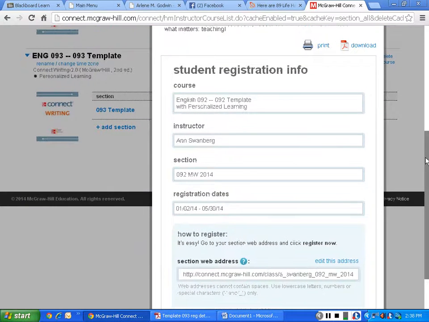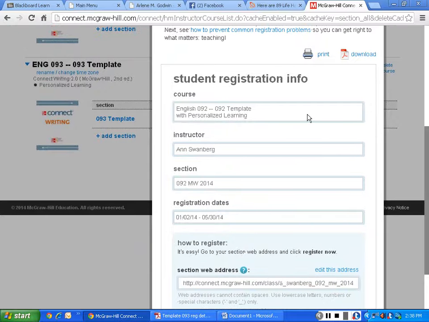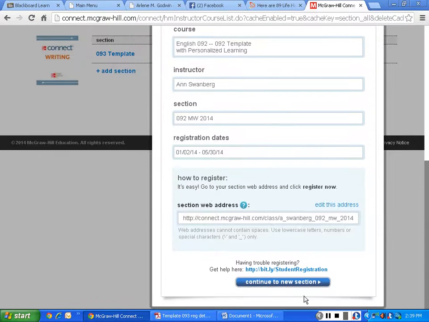When you create a new section, this is very important. This page is what your students will need to register for this section. They're going to need this web address down here. It's very important, so you need to do 2 things. First, print a copy for yourself in case any student can't manage to figure out how to get to the PDF. The other thing is that you need to download a PDF of this and upload it into your Blackboard portal so that the students can have the information in Blackboard as well as a Xeroxed copy if you choose to hand out Xeroxed copies. You can also email the PDF to students so that they can have it in their email. Right now I'm just going to go ahead and continue to the new section